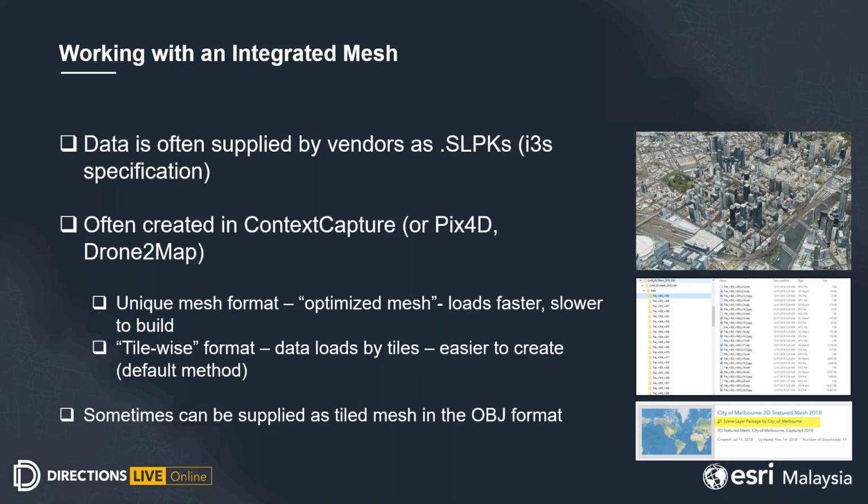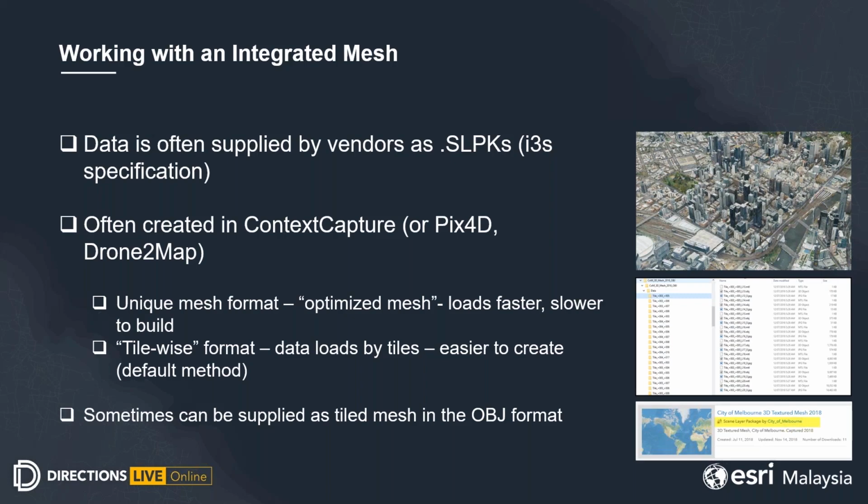The other one is called tile-wise format. This way, when you load the data, it loads tiles one after another. It's normally slower to display, but it's easier to create and takes less time to create such an integrated mesh